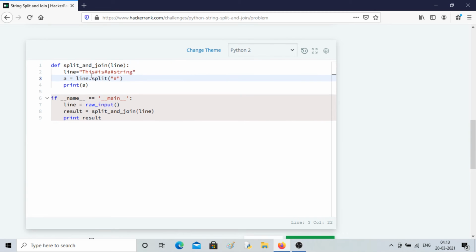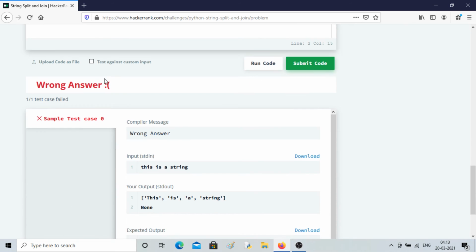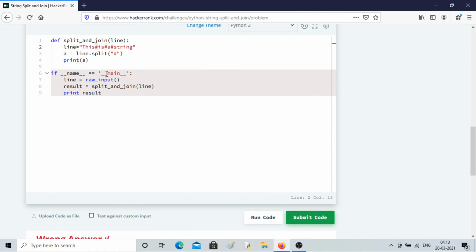Wherever there was a hash, it has split the whole string into a list of strings, because this is a list and each element is also a string. And we are getting None because we are not returning anything, so None is being returned from the function.